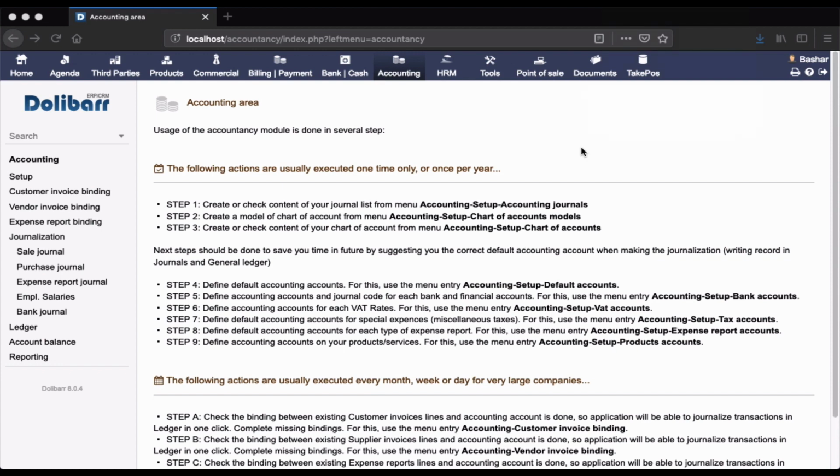To give you more understanding of how Dolibarr works, within the accounting module it has some components which we already set. The first component, as we saw, is the accounting journals, then the accounting models, then the chart of accounts, and we set all that. And then we come to the default accounts, then the bank accounts, then the VAT accounts, the tax accounts, the expense report accounts, and the product accounts. So once you set all these parameters, you've done almost 80% of what you are supposed